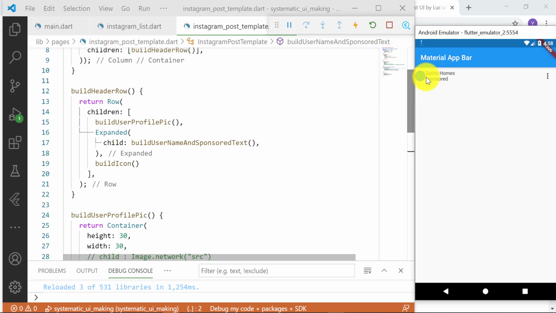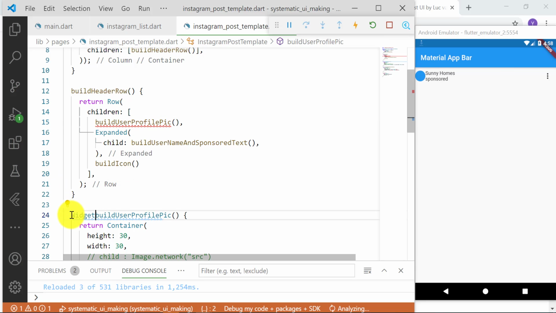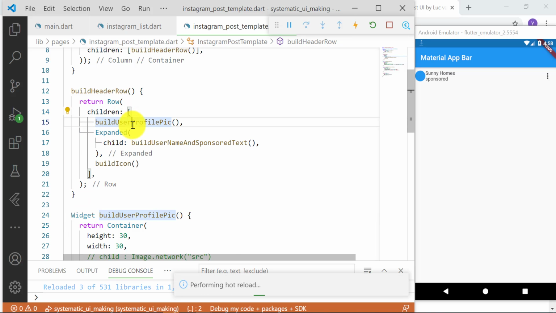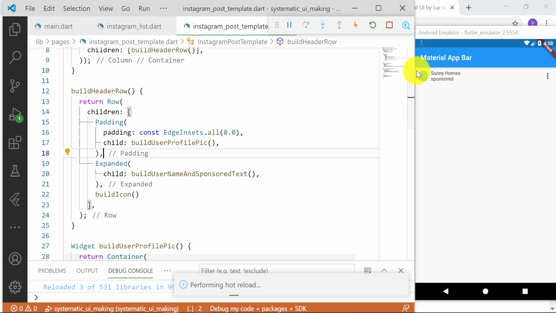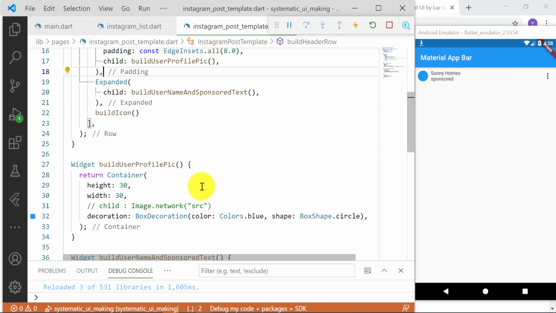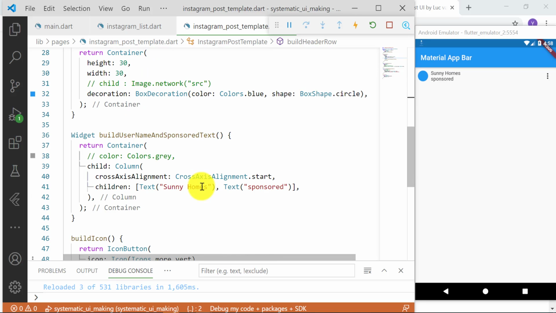First, this user profile pic, we need to give some padding, right? Here also we need to give first a return type of widget. Now it will give us the option to wrap it with widget or padding. So padding, we don't want all, so only, okay, all also works fine. Actually, cool for us from now. Oh yeah, padding. So we have got a nice looking row that is looking fine, right? Now the video is officially over till here, but let's see how expanded